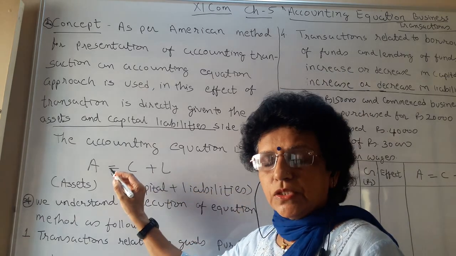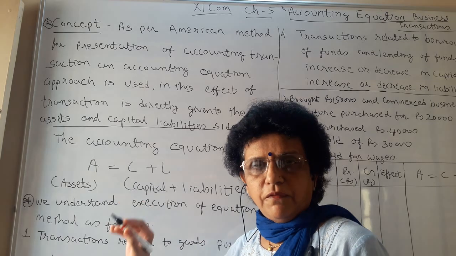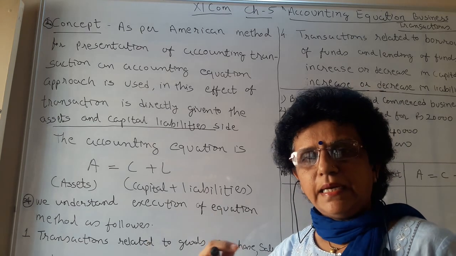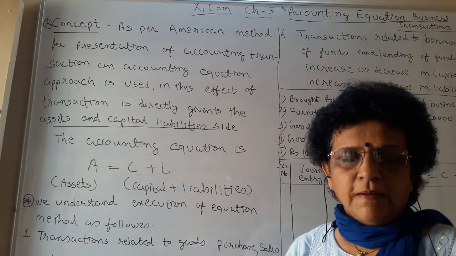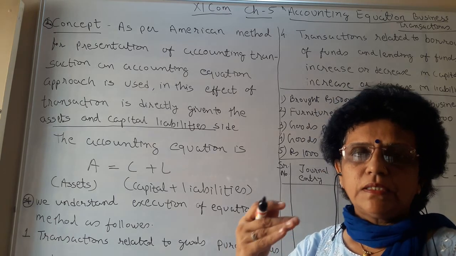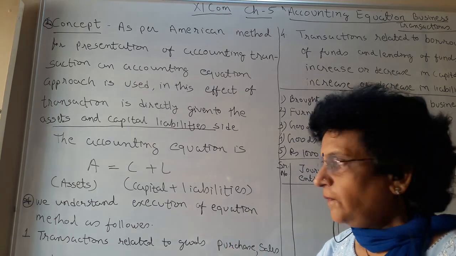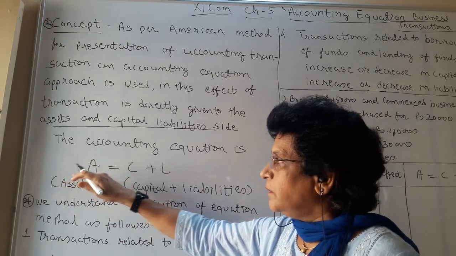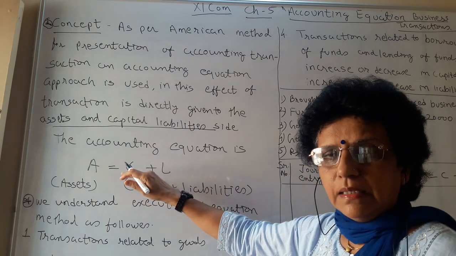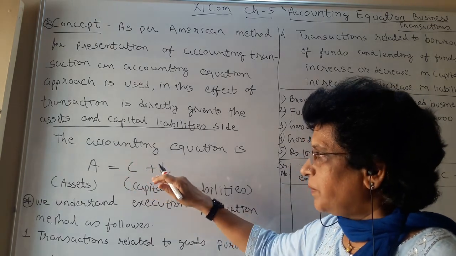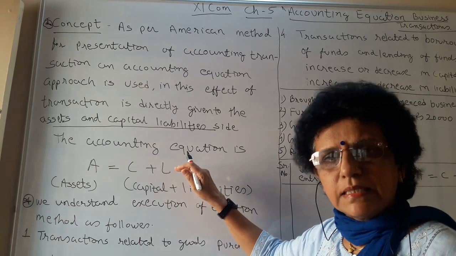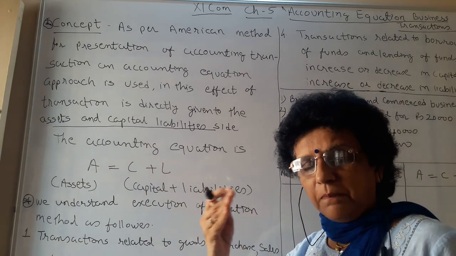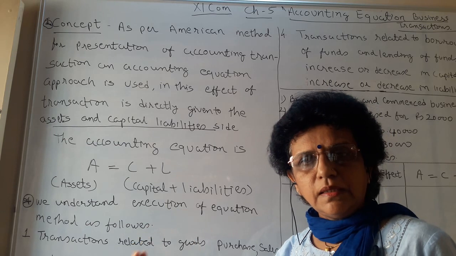liabilities. Your balance sheet, if you see, when we prepare our final accounts, we prepare the trading account, after that the profit and loss account, and at the last we prepare the balance sheet. So that balance sheet shows the financial position of the business. The financial position is explained in terms of assets on one side, which must be equal to the capital, that is what was invested by the owner, plus other liabilities which the business has created. So in this way the total must be equal. That is the basic concept of the double entry accounting system.